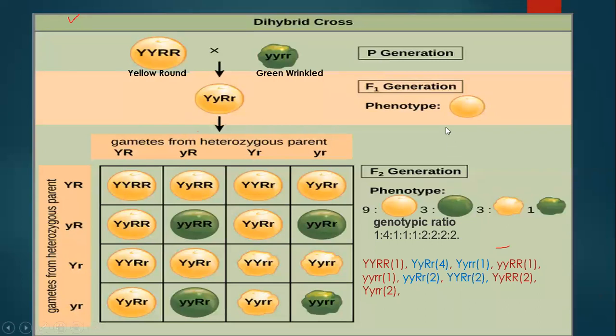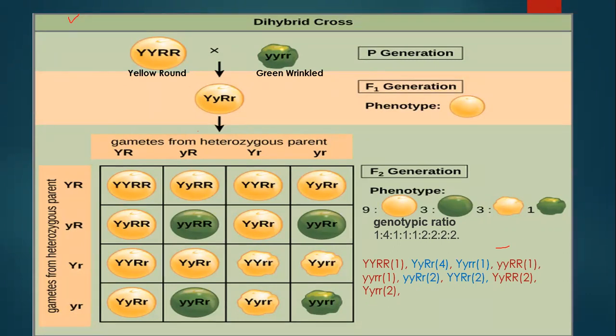Now we will start with a dihybrid cross. Up till now, we have seen a monohybrid cross. With the monohybrid cross, the law of dominance was derived, the law of segregation was derived, and we have seen the variations from the law of dominance, that is incomplete dominance, and codominance also exists if the experiments are carried out on different plants or animals.